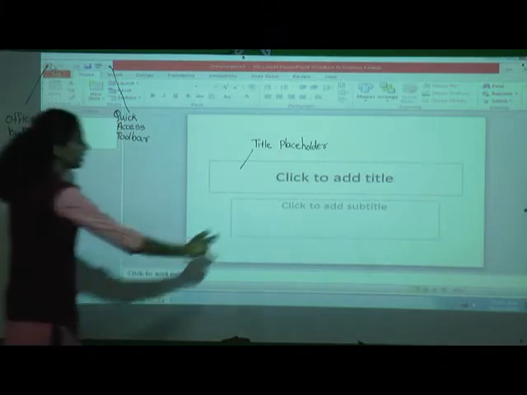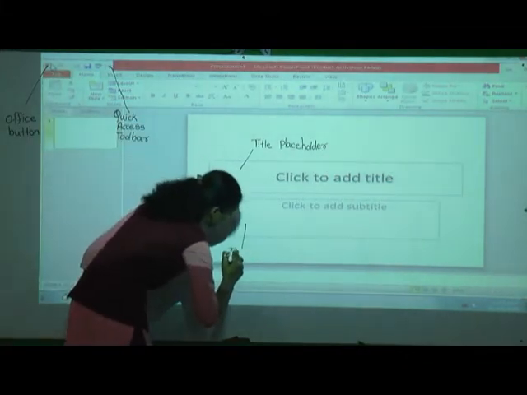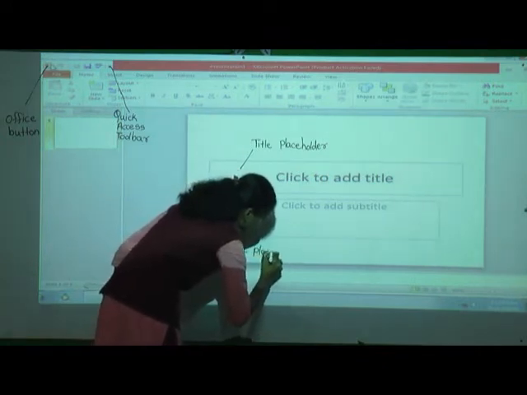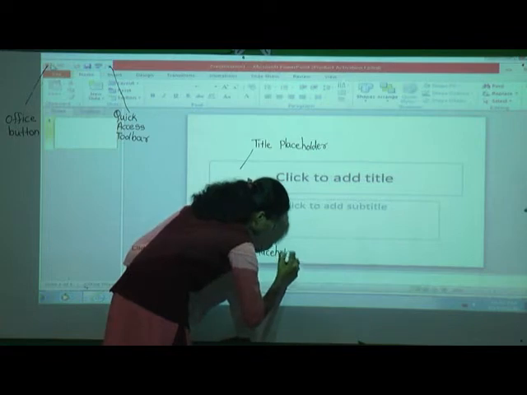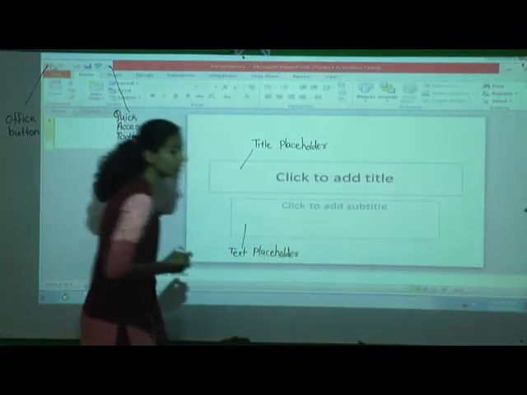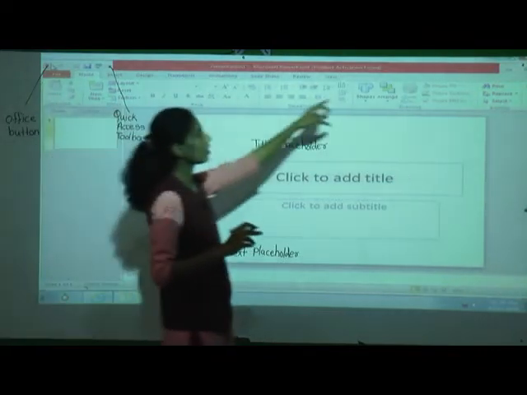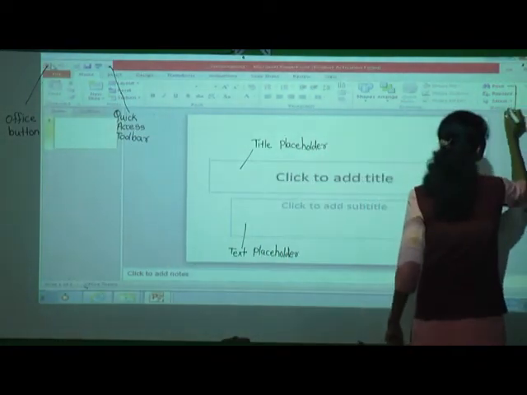First is the Office button, Quick Access Toolbar, then title placeholder, then text placeholder, then the ribbon. Where is the ribbon? All this is called the ribbon.